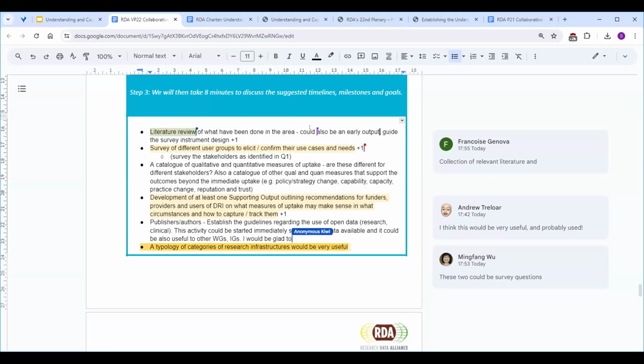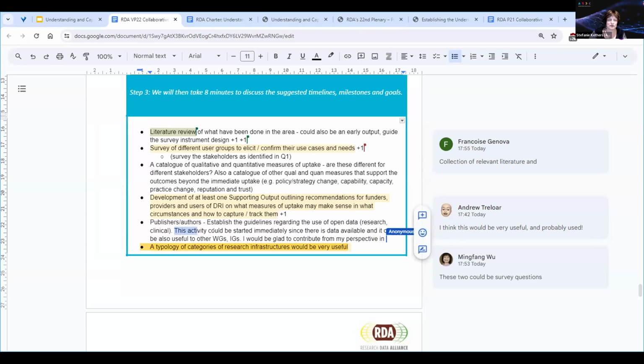Okay. And that's also something where we could basically ask the group to contribute anything that they know about. So basically have a big spreadsheet, and people can contribute things that they know about, and we can then work with them. Yes, that'd be great. Particularly if people are based in different countries, they would be aware of what's happening in their local area. And that would help give a more international perspective. Yeah, that would be great.